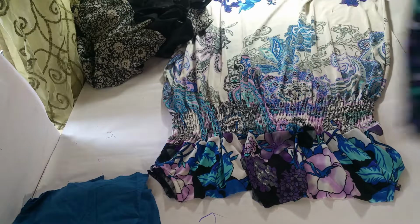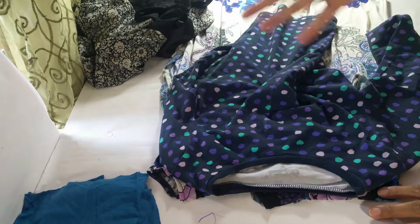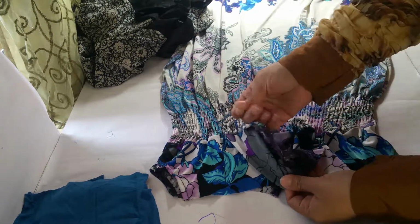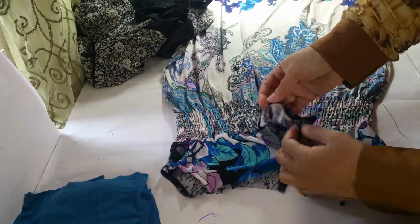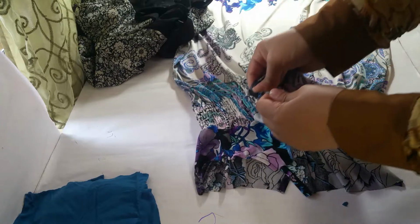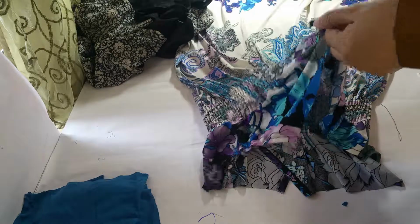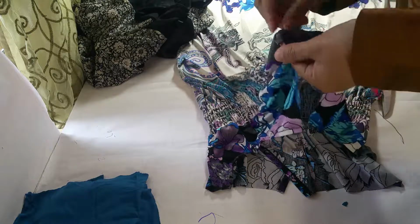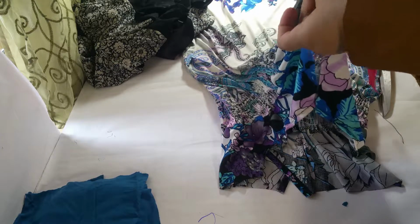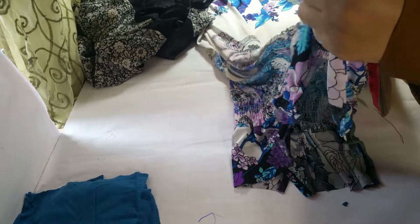Just want to show you, as you can see, it's not a straight line, it's not precise. I just wanted to double check where the length is coming, and when you're sure what you want to do with your top part, if you're still not comfortable, you still have time to pull apart all the gatherings. And here I am opening the neckline, whatever the stitch part is, and then I will be adjusting